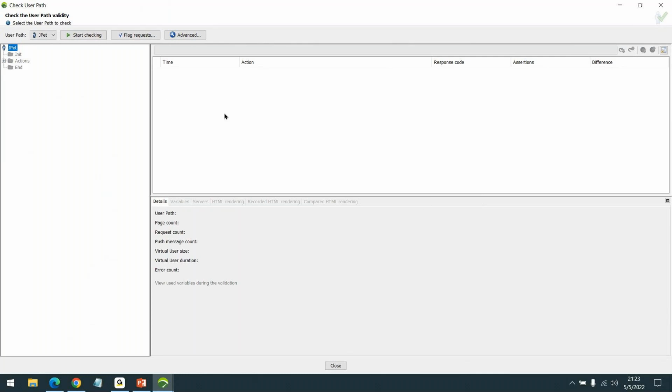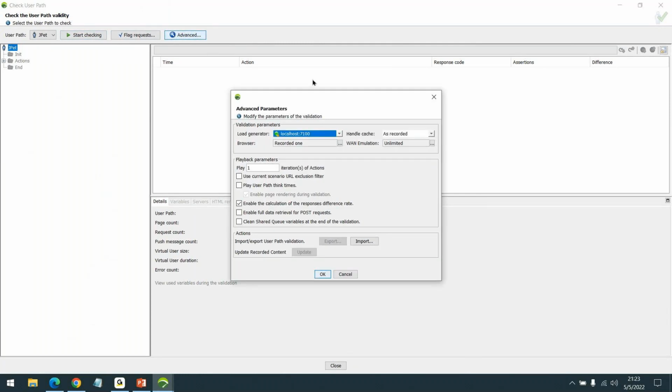So what I'm going to do is start checking, but before I do, there is one default change that I have to make, which is to change this handle cache. Change this handle cache to new user. We are changing this to new user so that every time a user path is checked, a new user would be simulated.